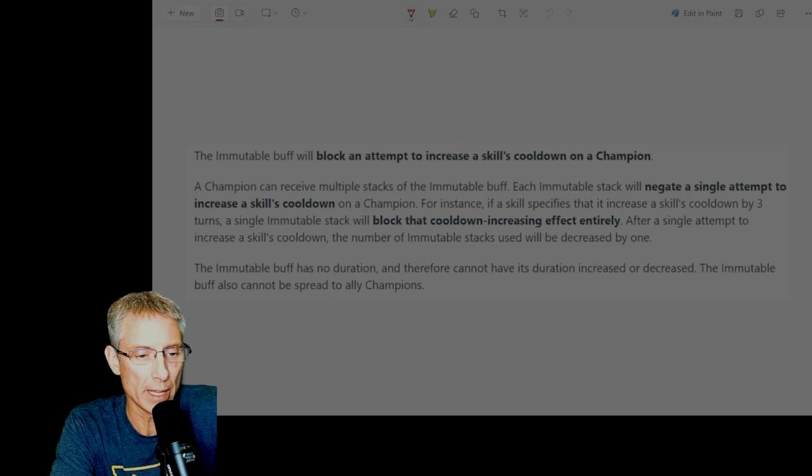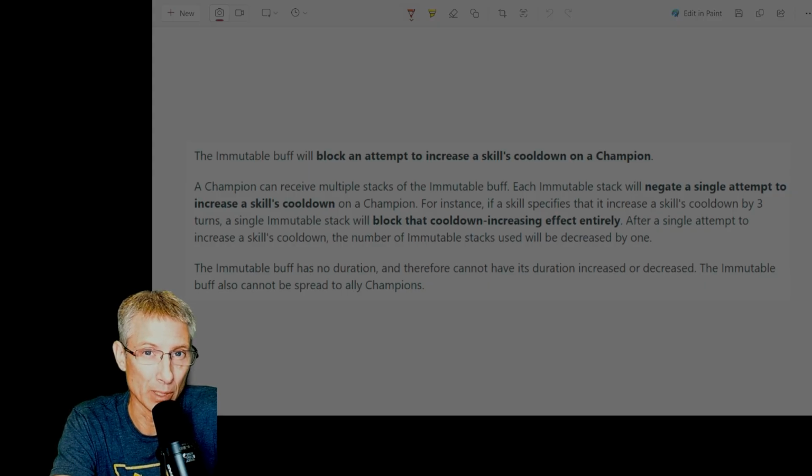So let's look at the language though, because this has changed. The immutable buff will block an attempt to increase a skill's cooldown on a champion. It doesn't say all the champion's skills. It says a skill's cooldown. And you can receive multiple stacks. Each immutable stack will negate a single attempt to increase a skill's cooldown on a champion. So if a skill increases a skill's cooldown by 3 turns, a single immutable stack will block that cooldown increasing effect entirely. After a single attempt to increase a skill's cooldown, the number of immutable stacks will reduce